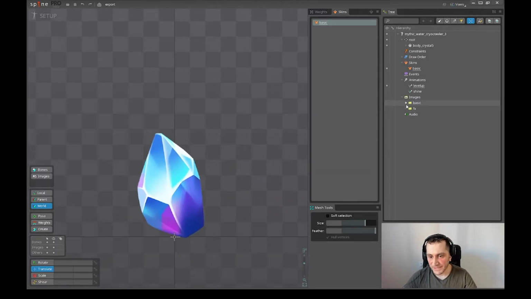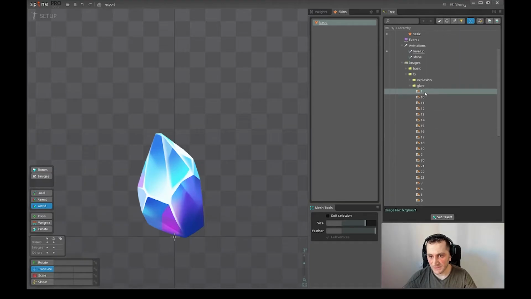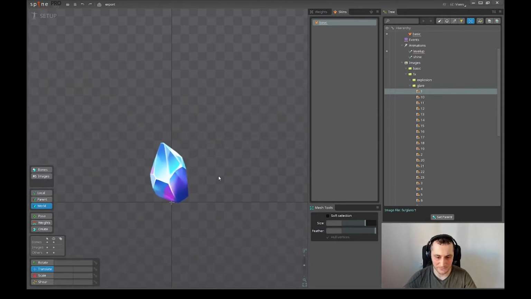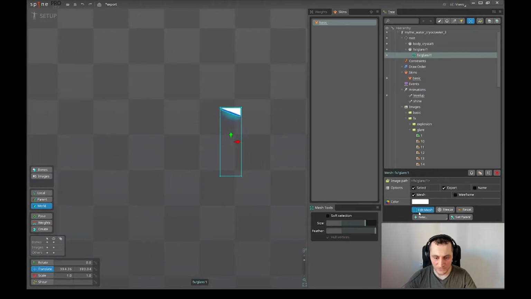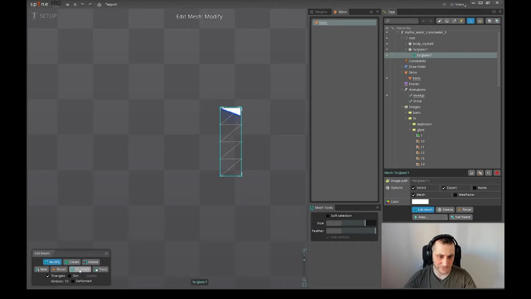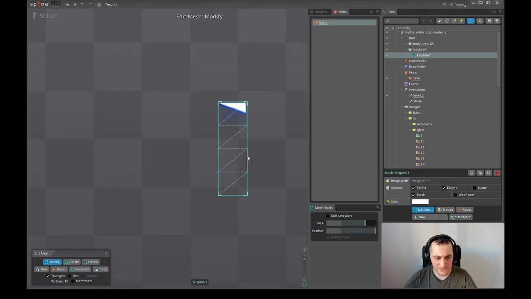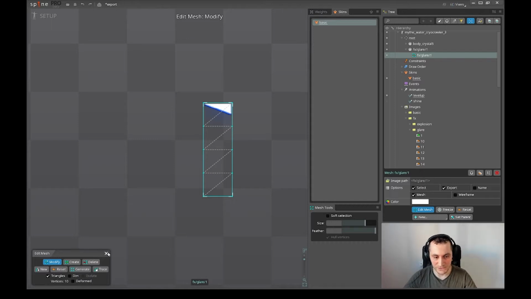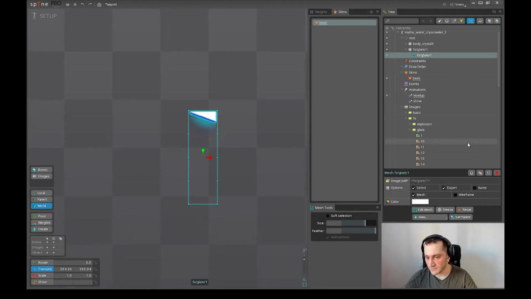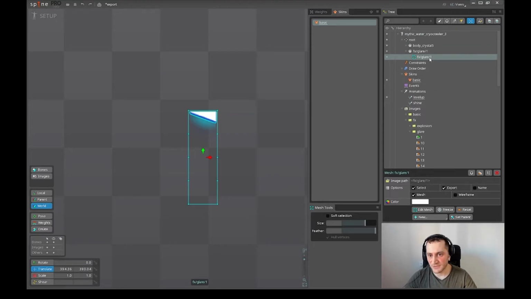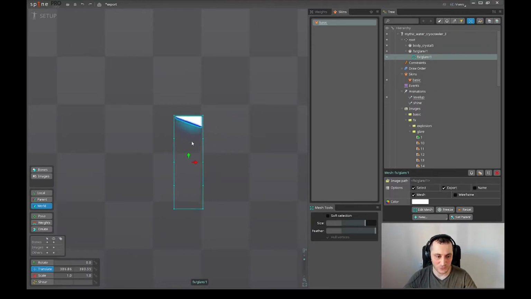I have prepared this animation. Let me show. It's actually basic flow. You will see in a moment. Let's grab the first frame, convert it to mesh, and generate, I think, 3 vertices on each edge would be enough. Okay, we have one mesh. So far so good. We need to duplicate it and make the states, but before that